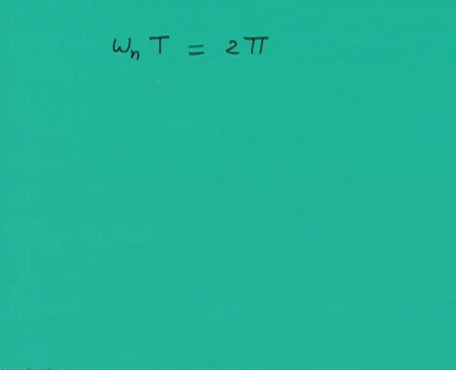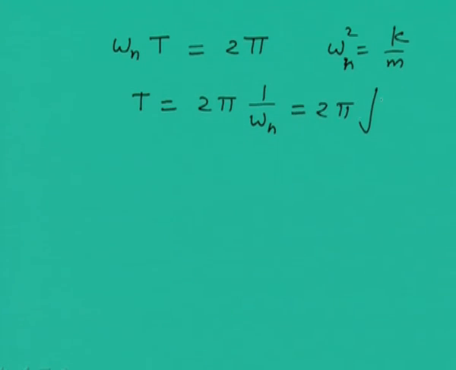So from here you can see that T can be written as 1 by omega n, and previously we have defined omega n square as k by m. So here if we substitute, we will get 2 pi root